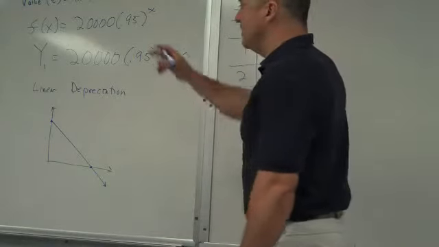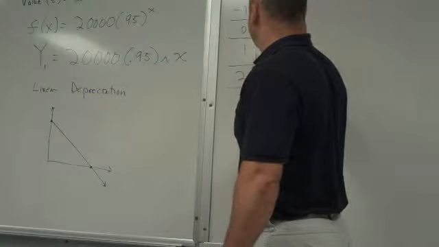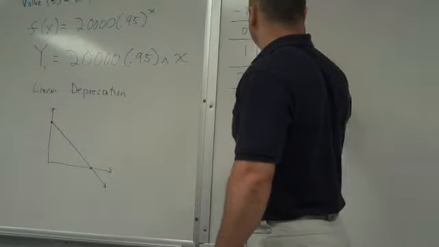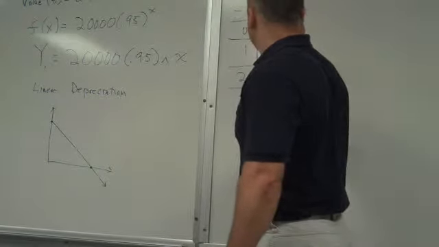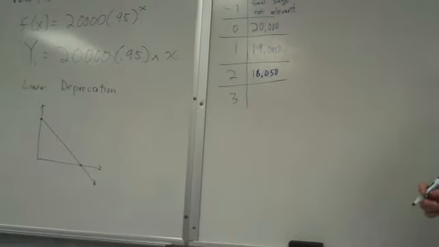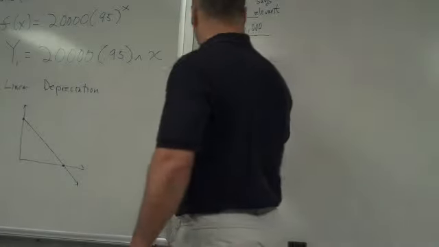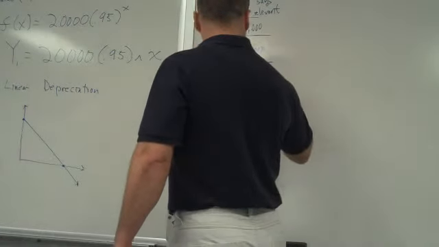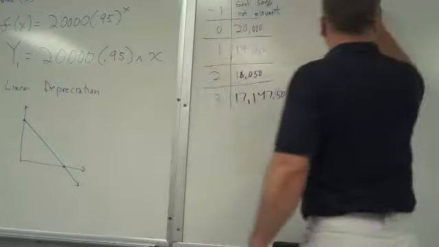We put in 1, we just figured out, and we got 19,000. We put in 2, we figured out, we got 18,050. What happens when we put in 3? $17,147.50. Well read. Now,